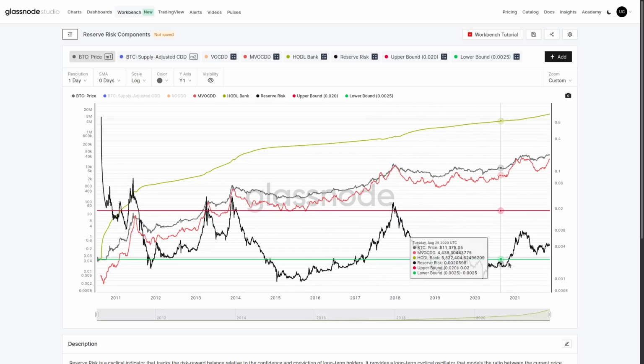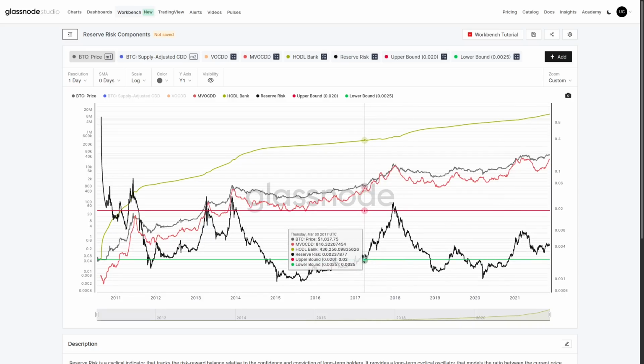You can see that the vast majority of 2020, this pre-bull early phase, was actually located well and truly in the accumulation zone. And then we had a very, very swift rally upwards during that first half of 2021. Now, note that we didn't quite get all the way back down to the accumulation zone, but it certainly pulled back quite substantially. Reserve risk is probably about 30% of the way up towards the top. But unlike Mayer multiple and MVRV, reserve risk accelerates in towards the end. So it's one of these metrics that's quite responsive to the upside.